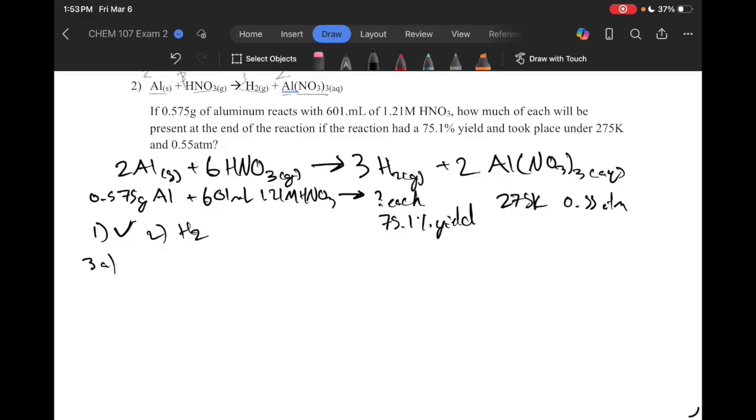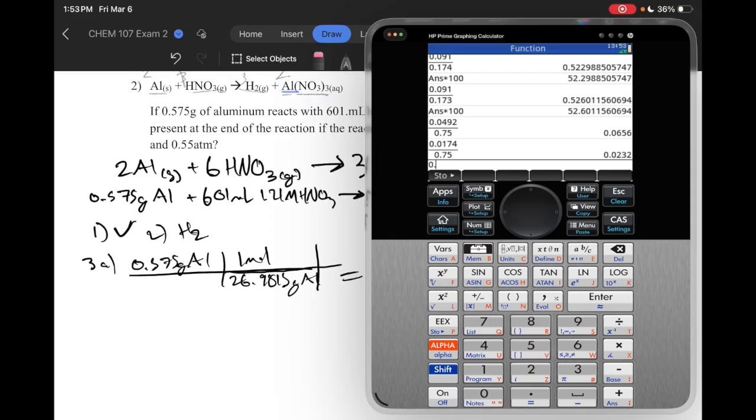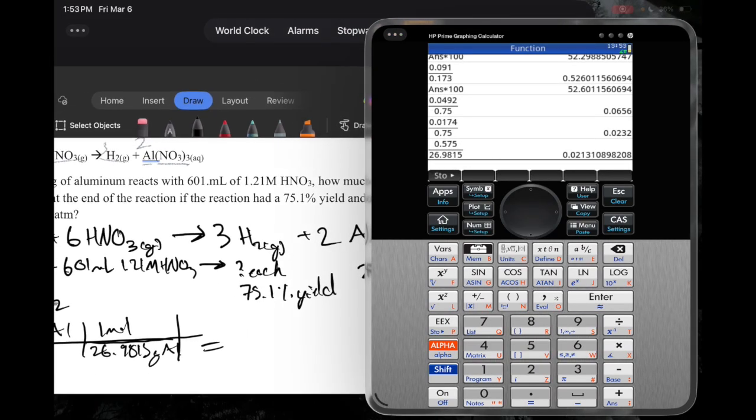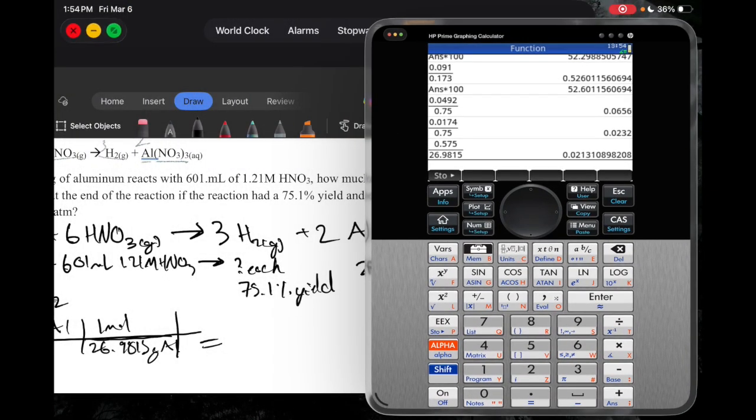So let's start with aluminum. So we have 0.575 grams of aluminum. Our molar mass is 1 mole per, according to the periodic table, 26.9815 grams of aluminum. That's going to give us moles of aluminum. So it equals 0.575 divided by 26.9815. That's going to give us,